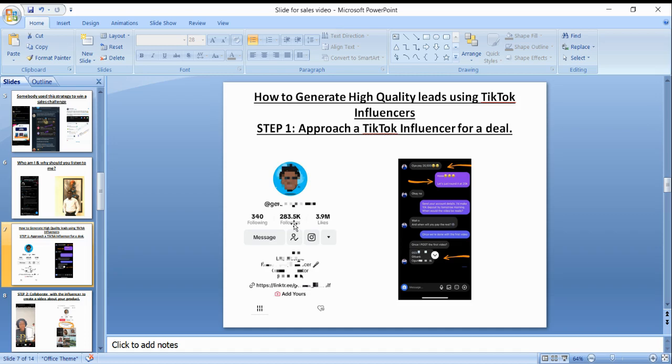One is to log on to your TikTok app and scroll through your feed. Based on the suggestions or the videos on your feed, you can get influencers by just checking your feed. The second way of getting influencers is to ask a friend. You can ask people, you can post on your WhatsApp status: do you know any TikTok creator that has above 10K followers? I have a job for them. That was pretty much how I got my first influencer.